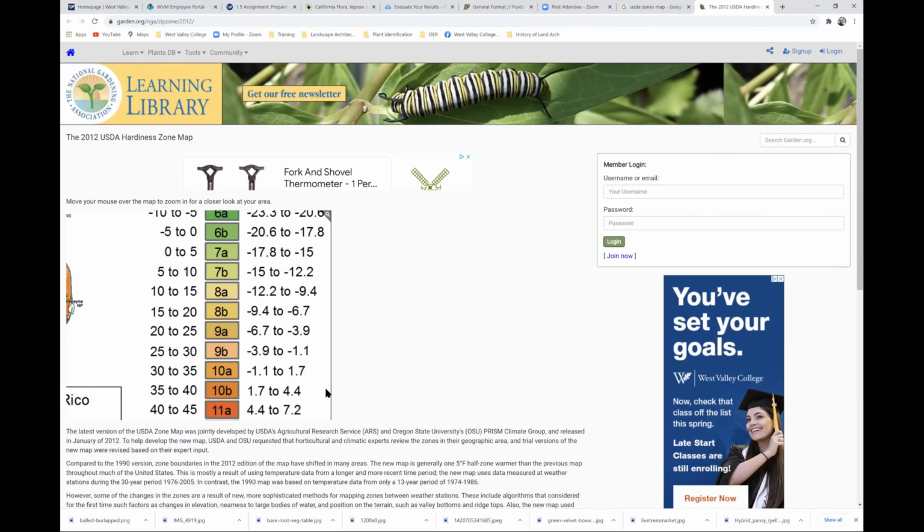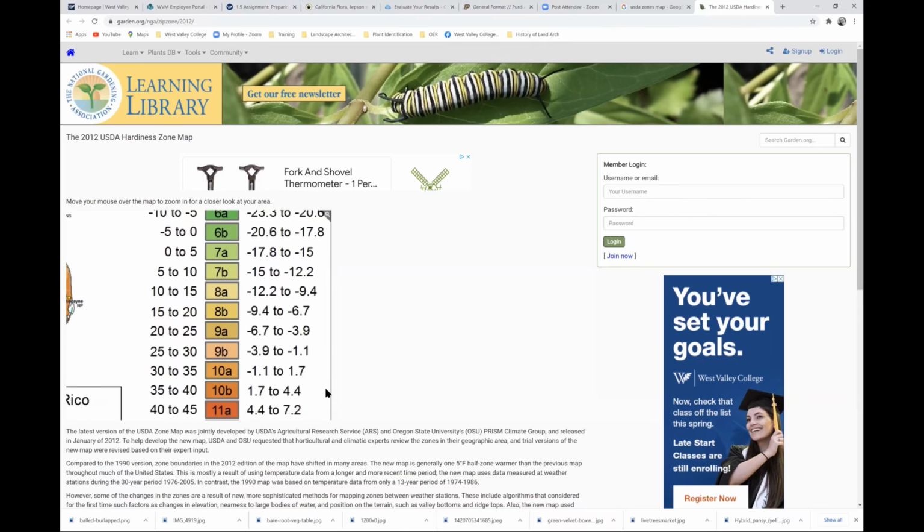So in 9B, which is really where we're all at, it's 25 to 30 degrees Fahrenheit, or minus 3.9 to minus 1.1 Celsius, sorry. I wish we would just go metric.